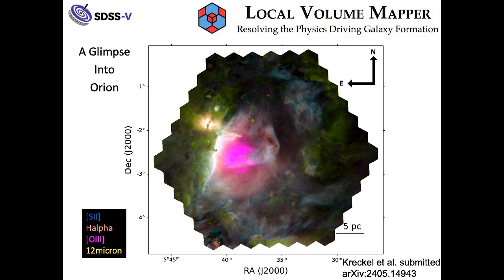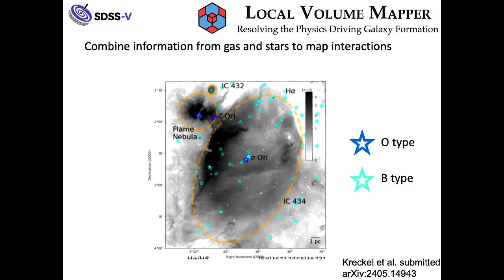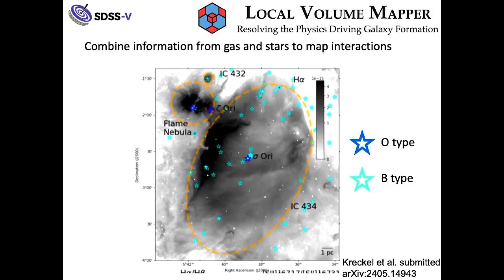So if we transform this into just the H-alpha view and zoom in a little bit, because this is Orion, our nearest, best studied star forming region, you can see how we can start to directly relate all of these ionizing sources, these O stars in particular in dark blue, with a number of these nebulae. And we can also try to track how the B stars may or may not be contributing to this ionization across the region. And so with these sorts of data, we can start to play the game of building up